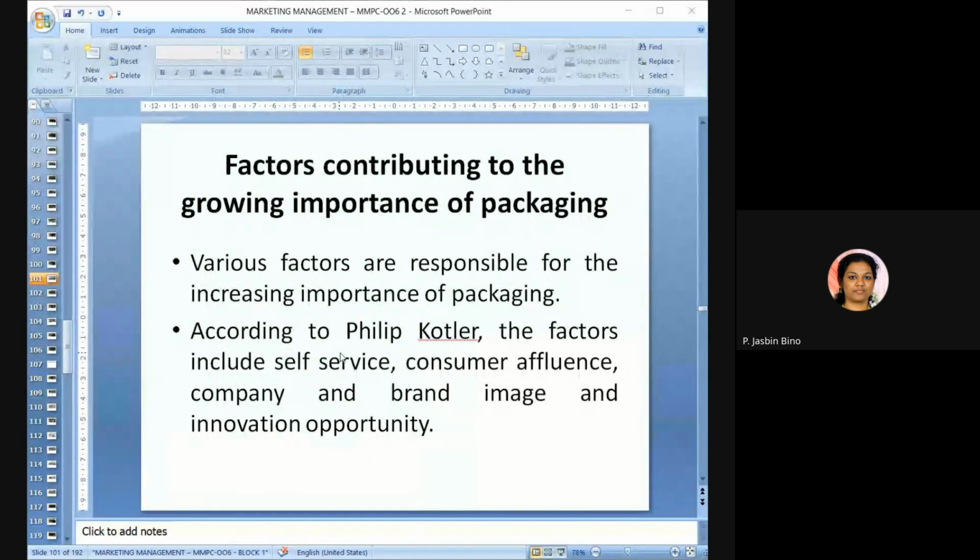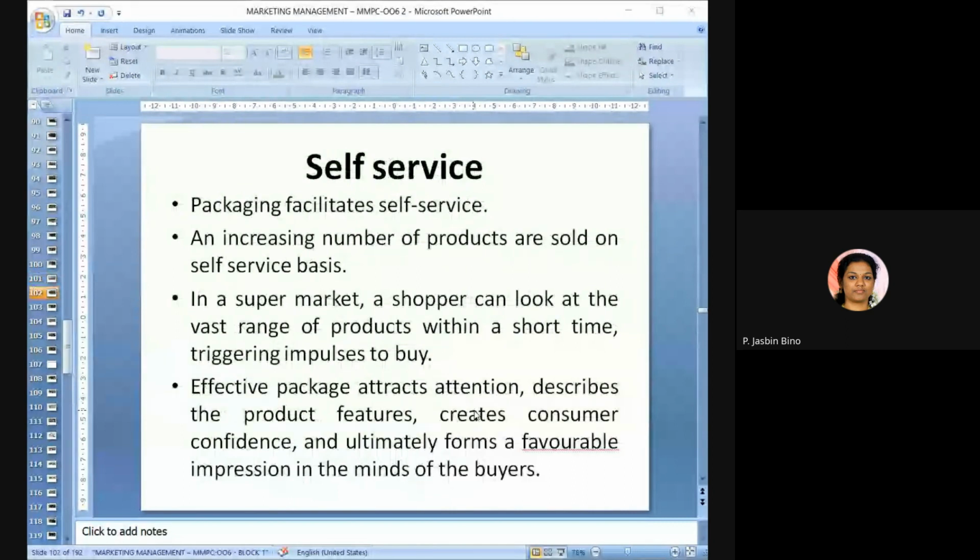So, various factors, like self-service. First, Philip Kotler has given different factors. He has given that these are the factors: self-service, consumer affluence, company and brand image, innovative or innovation opportunity. First one, self-service. So when we go to a supermarket, something like that, when a product is normally